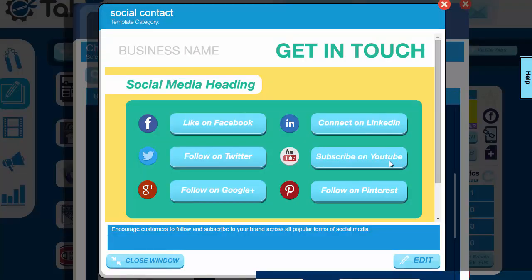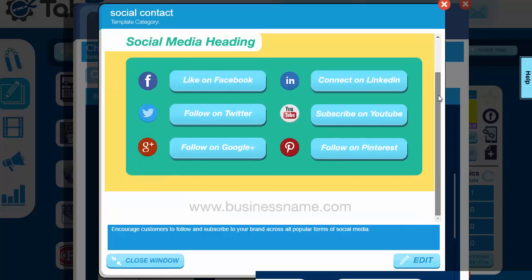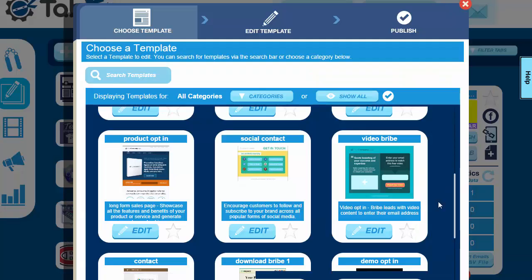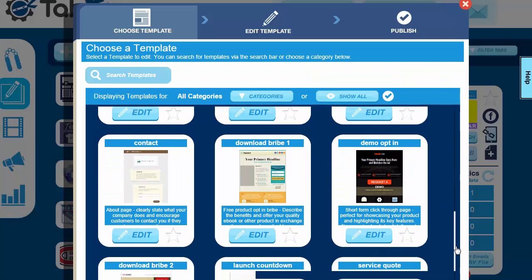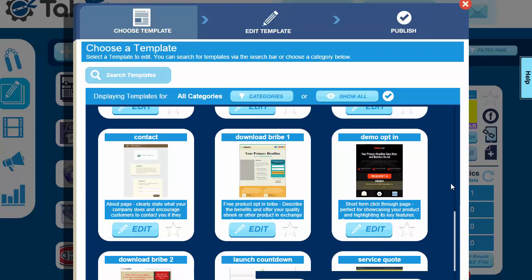So if we just look in here, you've got LinkedIn, Pinterest, Google+. So it's really easy to integrate into your business. It's always a good idea to have that on all of your fan pages, so your fans can go ahead and connect with you. So let's go ahead and just take a look